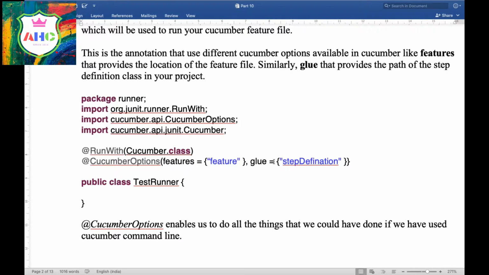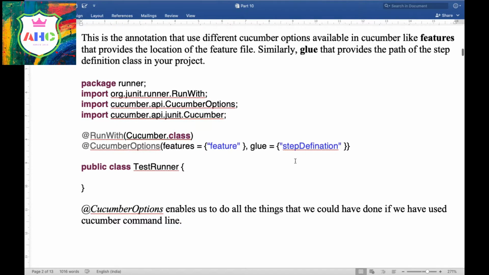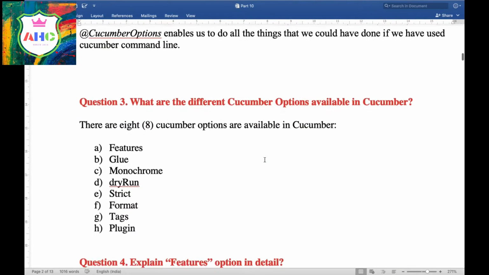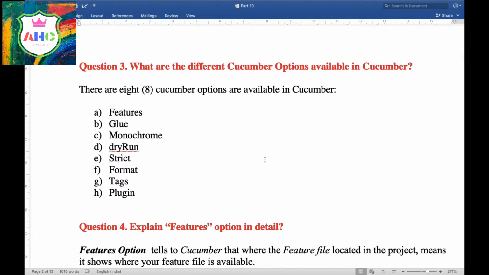Similarly, under glue I have to pass the path of the step definition file under my project. Friends, @CucumberOptions enable us to do all the things that we could have done if we had used the Cucumber command line.